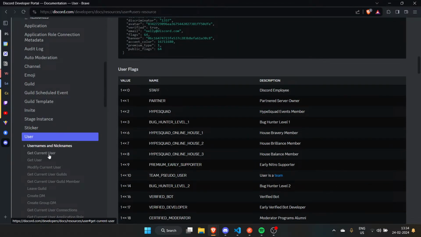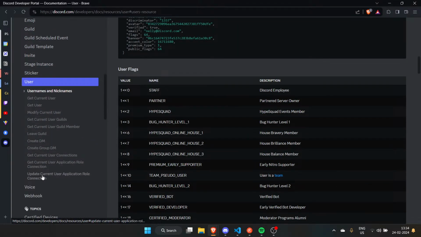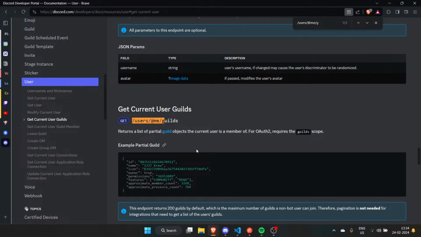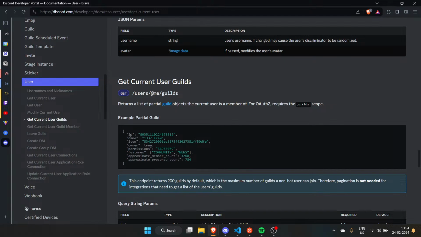So we have get user, and get current user /me. Yeah, there it is. So our guild looks like all of that.